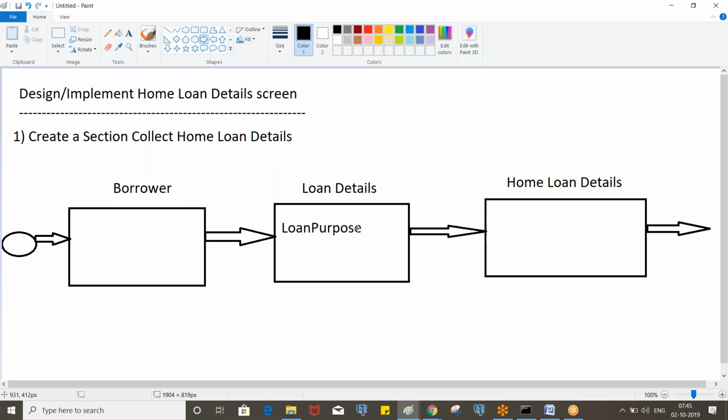If the loan purpose is purchase, then default the home in mind property value to no. If the loan purpose is refinance, default it to yes. So now where do we need to call the logic? Here we have a flow action, and if you handle that logic through a data transform or activity, we need to invoke it in the flow action.